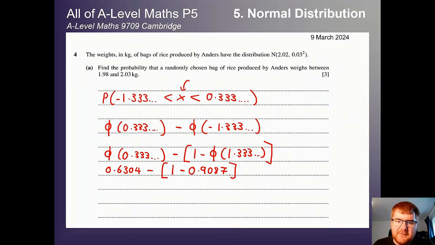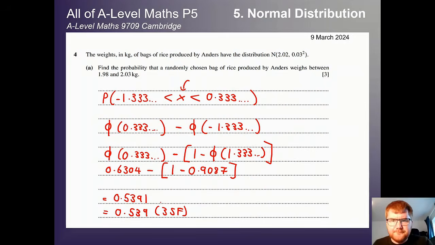And at this point, once I've got those values and used the table correctly, then I just plug this into my calculator. So 0.6304 minus (1 minus 0.9087). And that's going to give me, as a decimal, 0.539. Again, we always round, of course, to three significant figures. So our final answer to 3SF will be